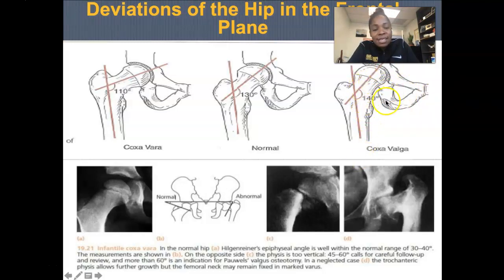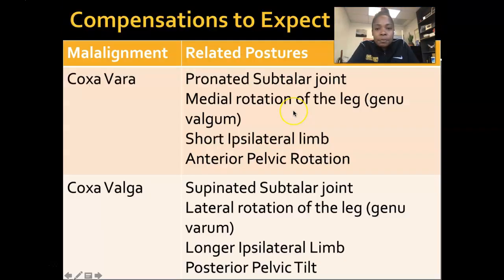And so we have an increase in that angle, and that's called coxa valga. A decrease in that angle would be coxa vara. An increase in that angle would be coxa valga. And normative would be around 130 degrees. So as we progress, the compensations that you could expect with a coxa vara versus a coxa valga